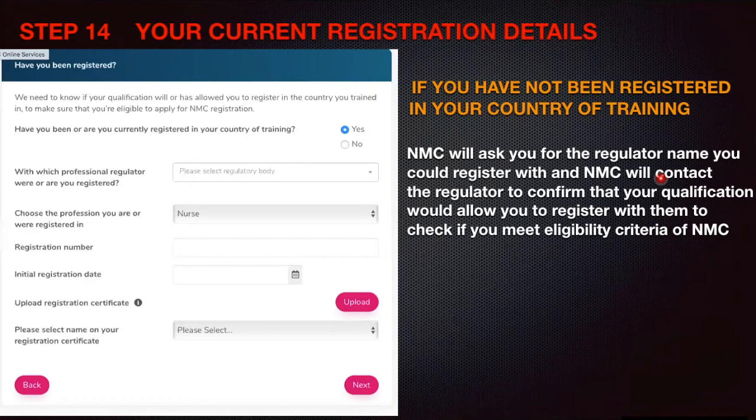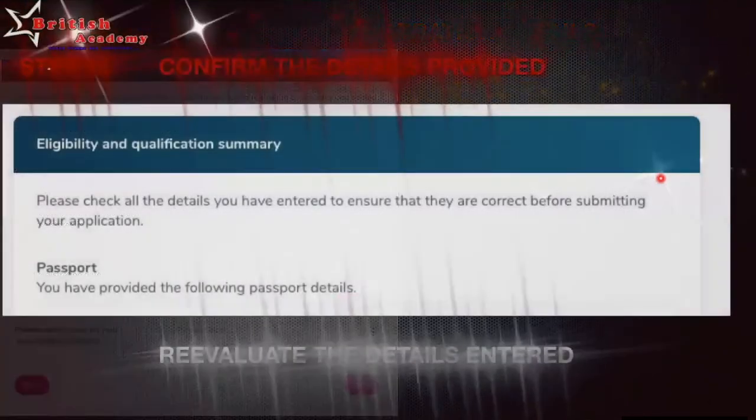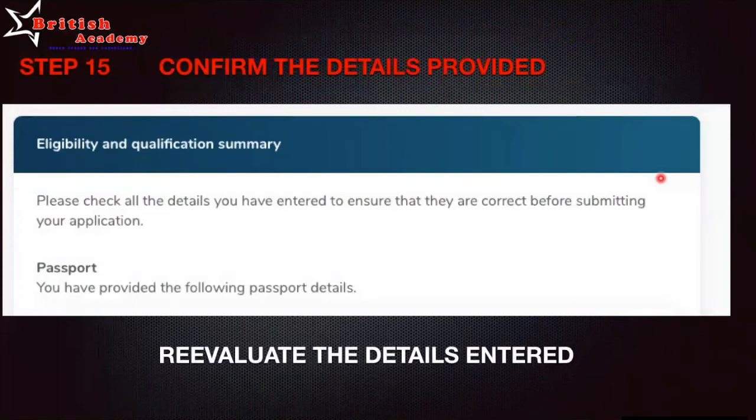Are you eligible to work in your own state where you are right now? Okay, so if you meet that criteria, then they will see whether you are eligible for the criteria of NMC. So you have to make sure, even if you don't have a council registration, still you can open up your NMC account, but you will have to provide which is your local council over here. Once that is done,